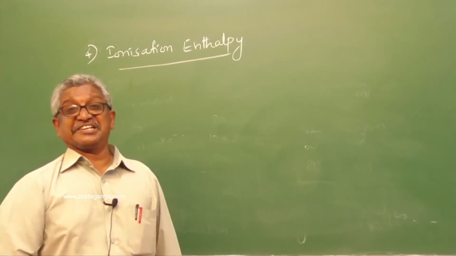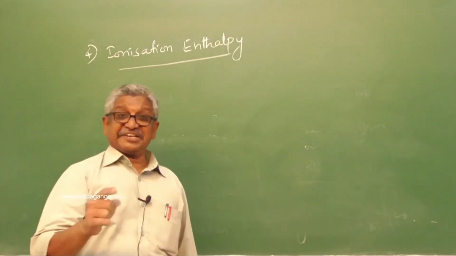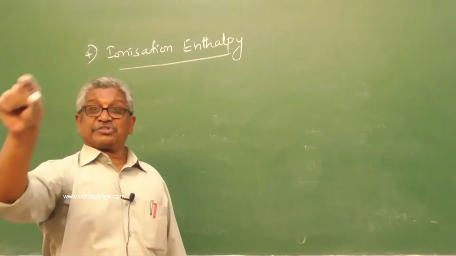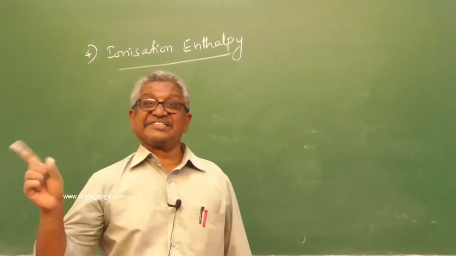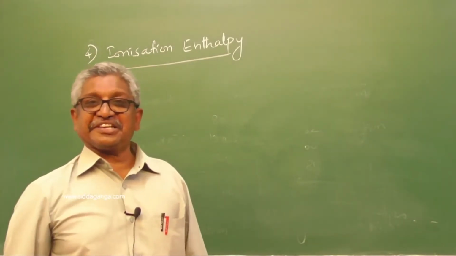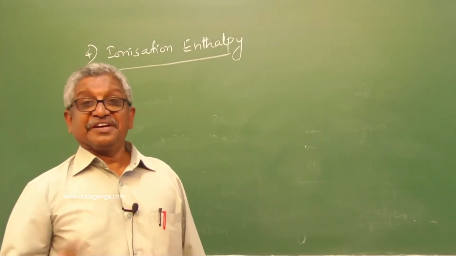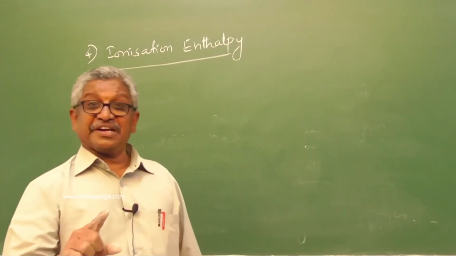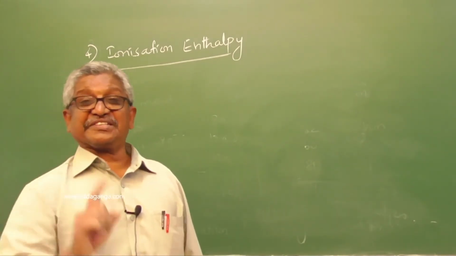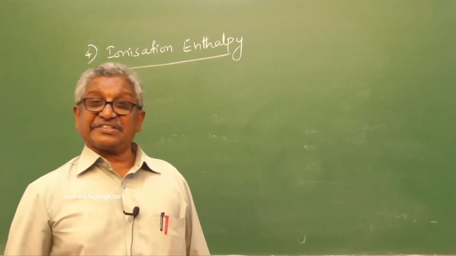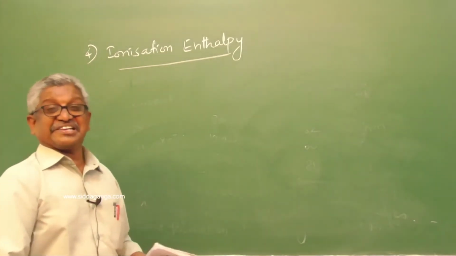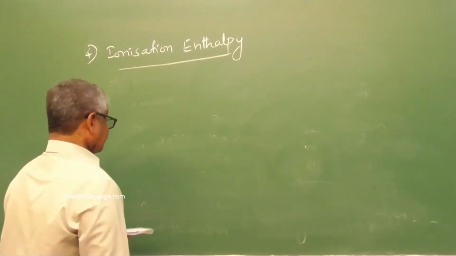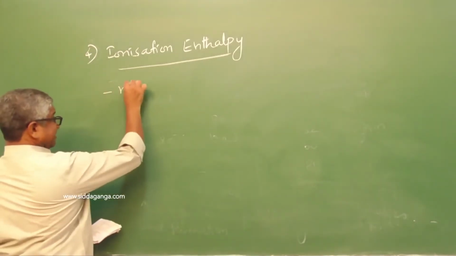The energy supplied to remove an electron from the outermost orbit in gaseous state is called ionization energy or ionization enthalpy. So now the outermost orbit has the electrons